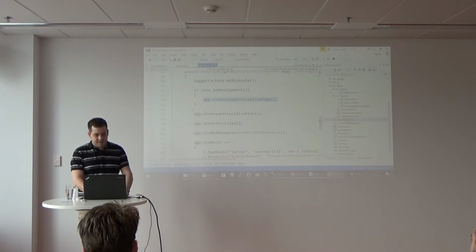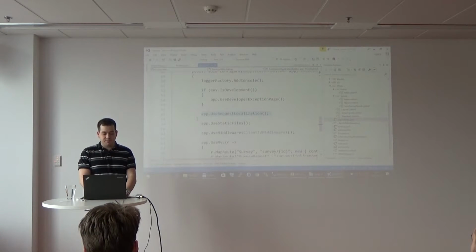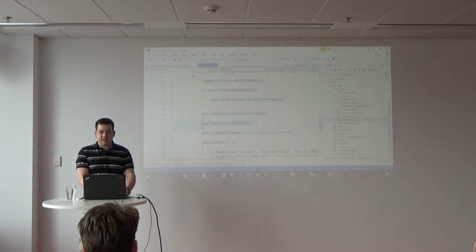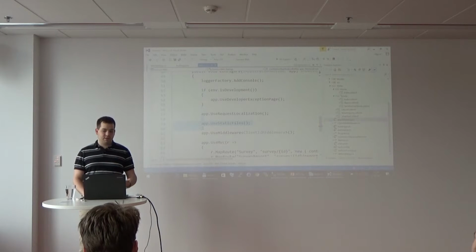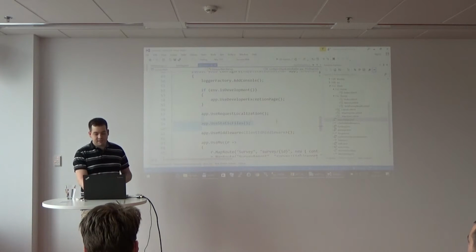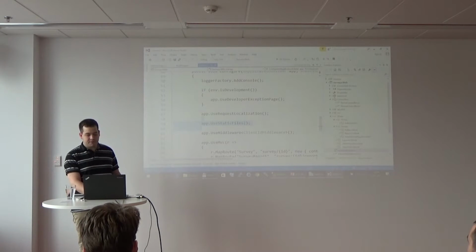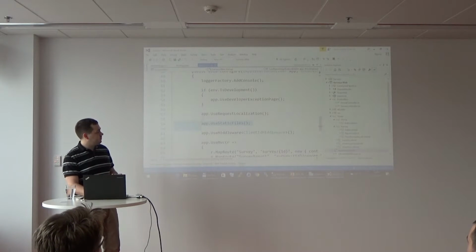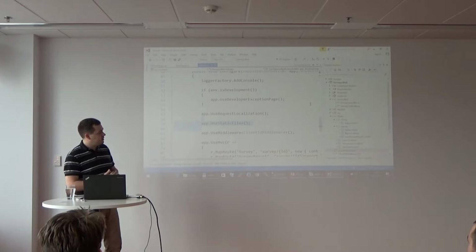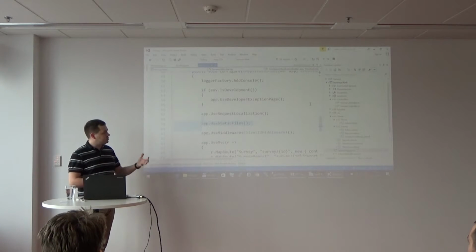Also, I'm defining that the culture of the request will be set based on client requirements. I also said that static files can be served. So everything in the special wwwroot folder will be served if a request matches a file name inside that folder. This is also something you get by default in IIS.